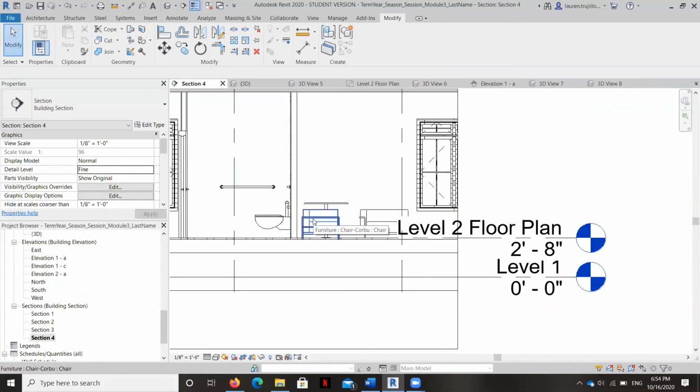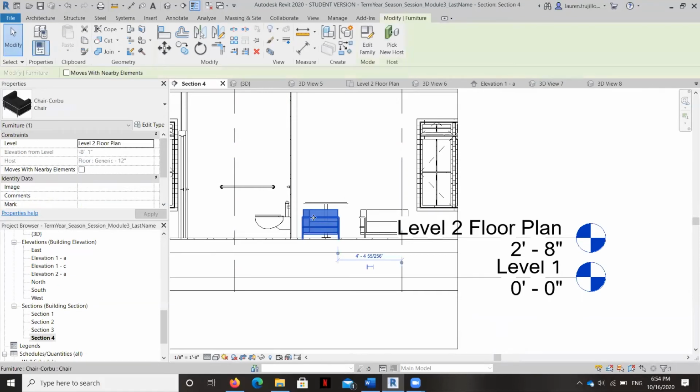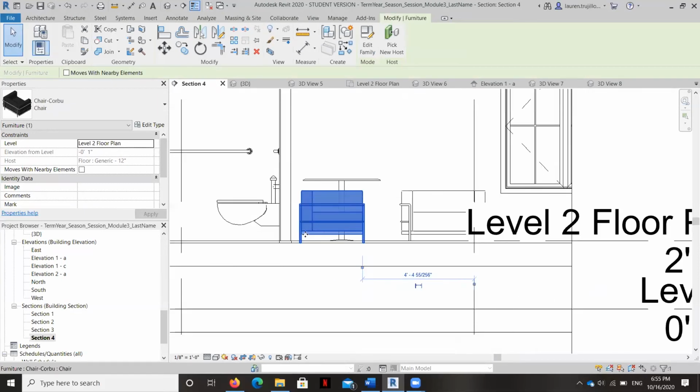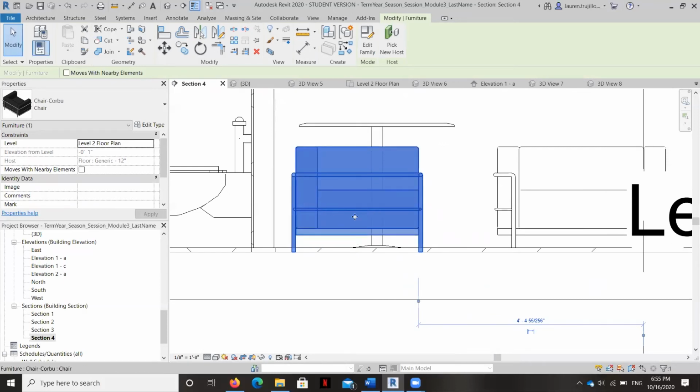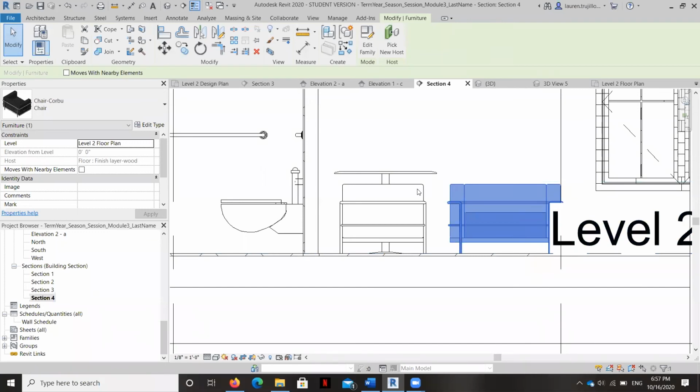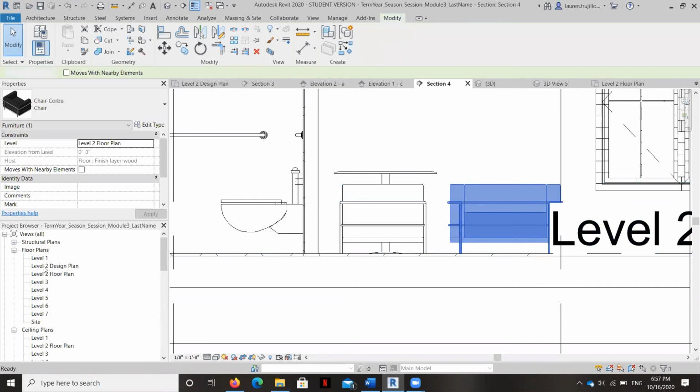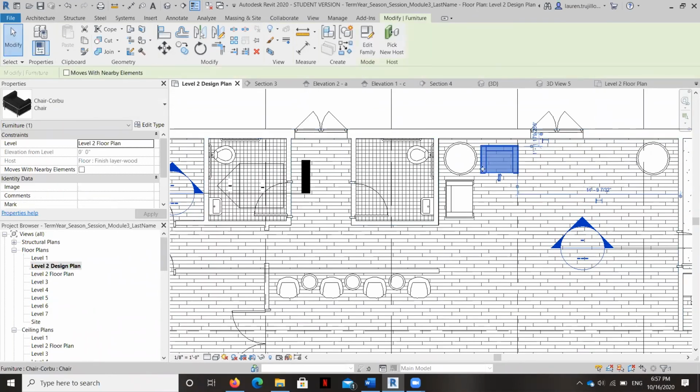And just know that if, for whatever reason, these furniture pieces are acting a little bit odd, all you can do really is just try to make them behave in the way that you want. And then, for example, I'm going to try right now to go ahead and delete them and place them again. And wouldn't you know it, I went ahead and deleted my Corbusier chairs, which were drawn on this plan. All I did was delete the ones that weren't working and I redrew them. And not only did I not even have to change their elevation to raise them up an inch, but when I placed them, they sat directly on the floor.